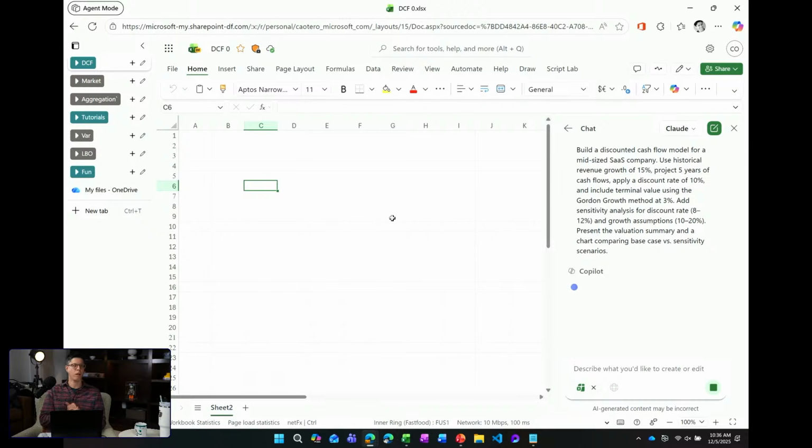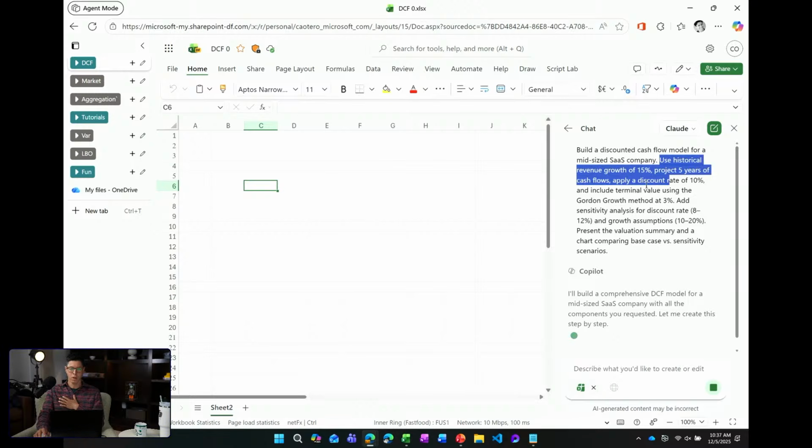One little tip that I love: if you go to the URL excel.new, it opens a blank workbook for you in Excel. A little tip there that I love, just to create quick workbooks. So let's trigger this flow here, and then we'll explore some different scenarios. Here I'm asking it to build, from scratch, a discounted cash flow model, which is a classic financial model that you see in finance, right? There are some assumptions here, historical data, and I want a discount rate of 10%. So it's a compound, sophisticated thing.